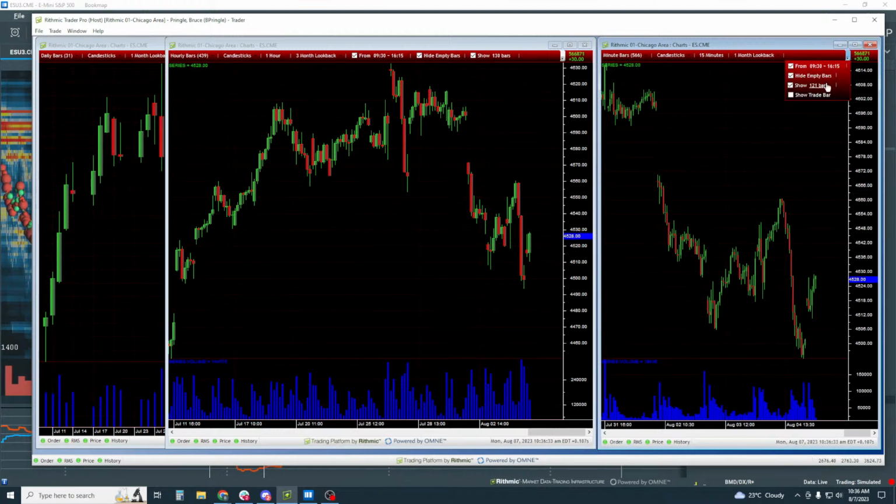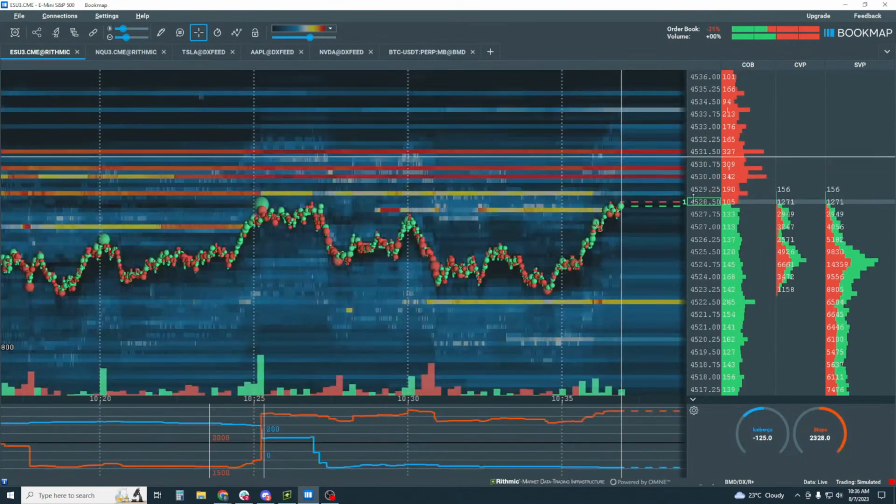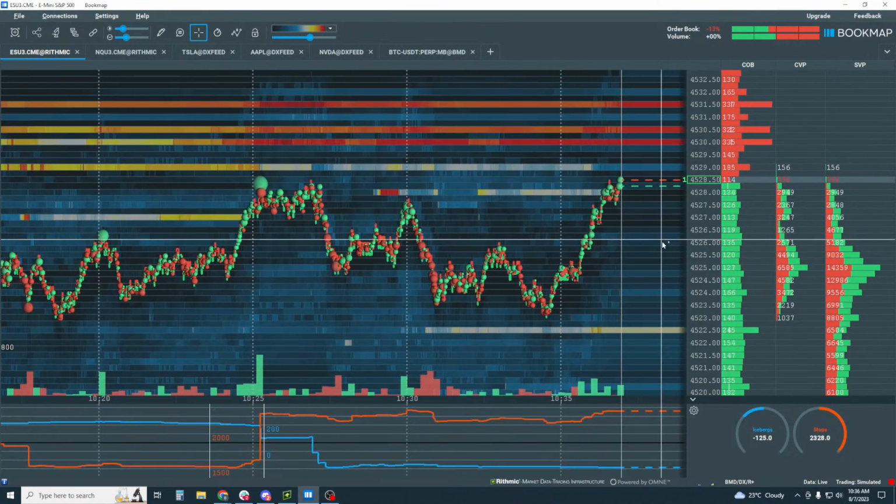Let me zoom in and let's just look at a little less bars here. Not that less. Okay, something like that. All right, so we can see this candle up here. So we're seeing a lot of green in here, right? On the hourly too. So there seems to be some buying pressure still here. All right, so let's go with that. We're looking for buyers and we're looking for the book to support it.